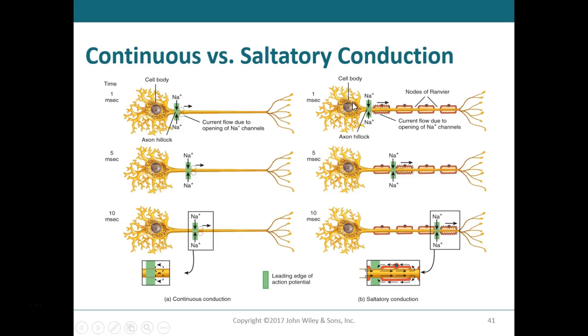If we look at part B of this image, we have a threshold stimulus causing depolarization. We depolarize the membrane here, and then we've got a node, we've got a myelin sheath, right? Here's the Schwann cell, node of Ranvier, node of Ranvier, and node of Ranvier. Remember, the nodes of Ranvier are the areas that are not covered by the myelin sheath. From the initial 1 millisecond after depolarization starts, and then to 5 milliseconds, look how much further the wave